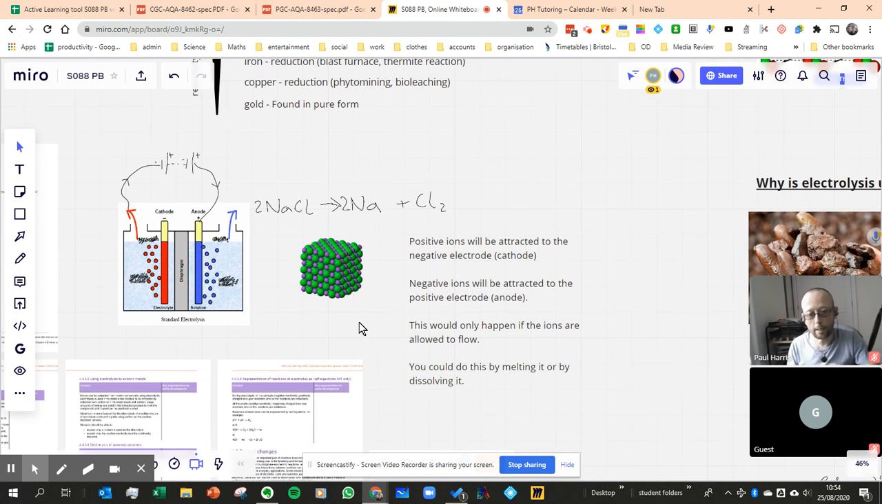But in order for that to happen, you need those ions to be able to flow. So you can't use electrolysis on a solid ionic substance. You could, if you melted it and then they're able to flow, or you could dissolve it and they would also be able to flow. Again, once we look at ionic bonding specifically, it will make a little bit more sense, but this gives you